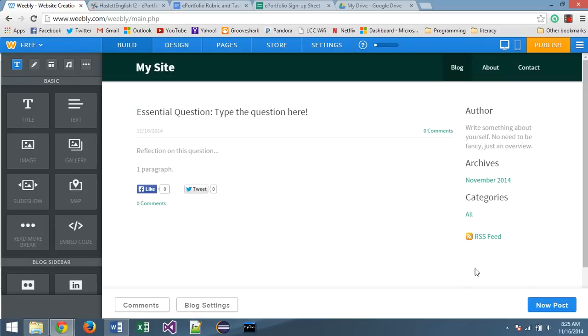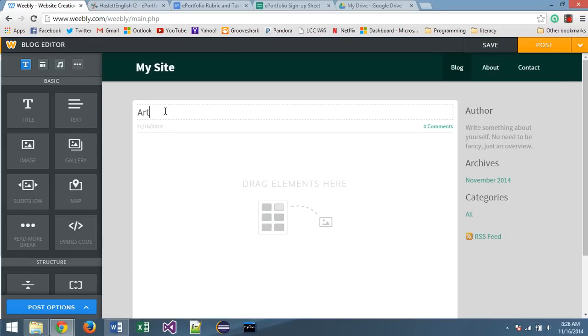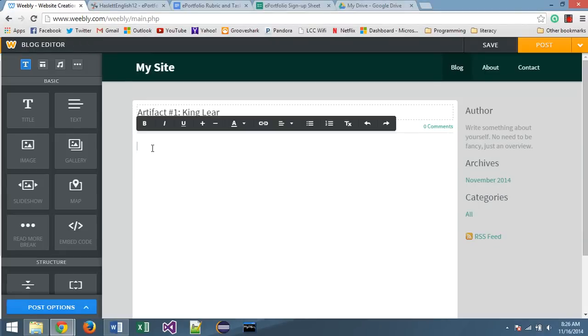Okay, and now I want to show you how to create a blog entry where you actually link to or embed one of your artifacts. So let's create a new post together. We'll title this Artifact Number 1. And my artifact has to do with King Lear, so I'm just going to write that as a title here. Okay, so I'm going to drag over this text box,